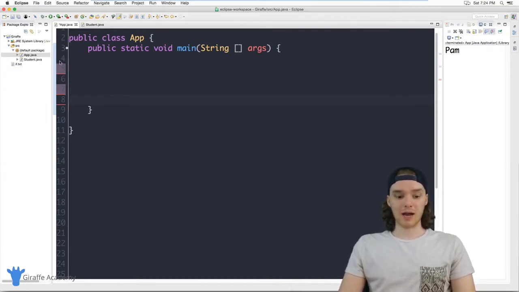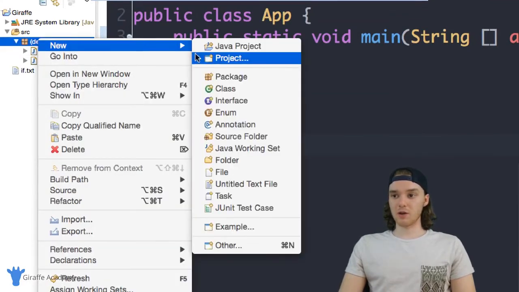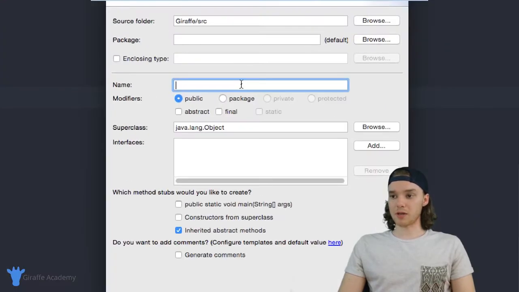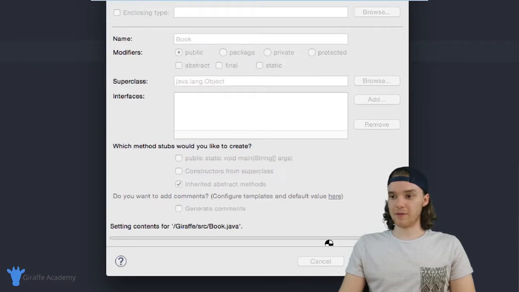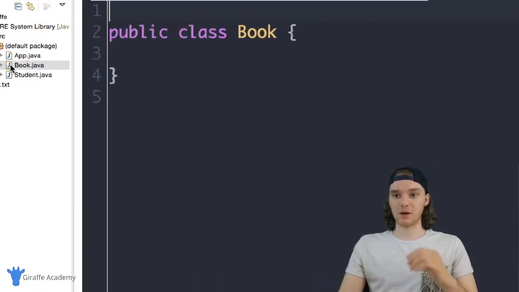In order to do that, I'm going to create a new class. I'm just going to say new, and I'm going to go over here to class, and we're going to create a book class. I'm just going to call it book, and then down here we'll just click finish. So Eclipse, in my case, is automatically going to go ahead and create this book.java file and this public class